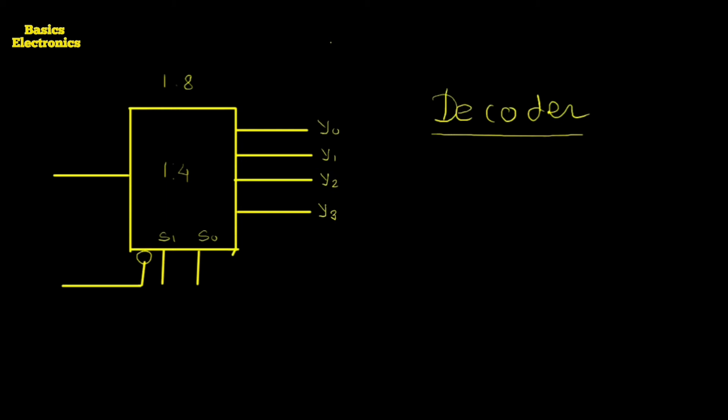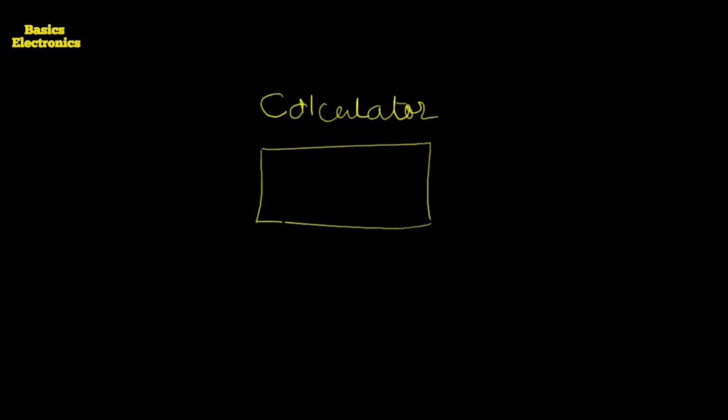If we consider a complete digital system, suppose for that here we consider first the system. That system is supposed to be the calculator. If we are using the calculator, then we see first what happens inside the calculator. If we consider the calculator, then there are two main parts. One is the display and the second one is the keyboard.